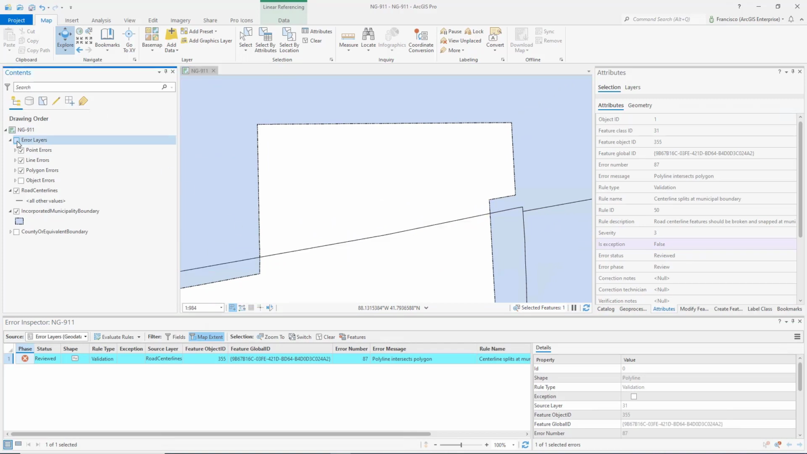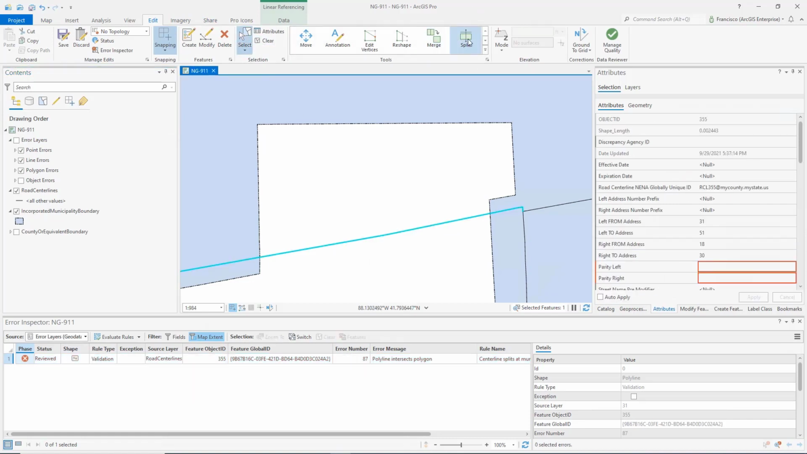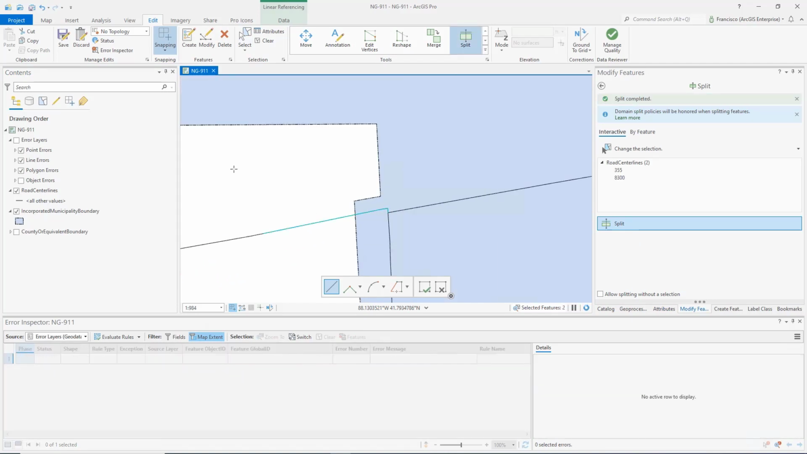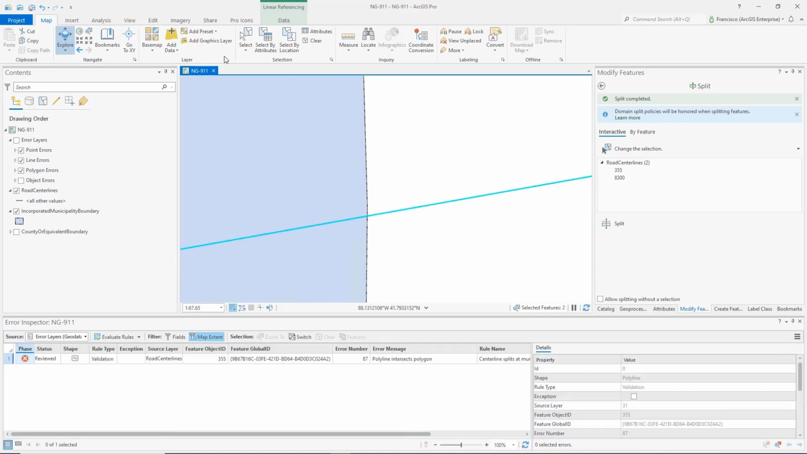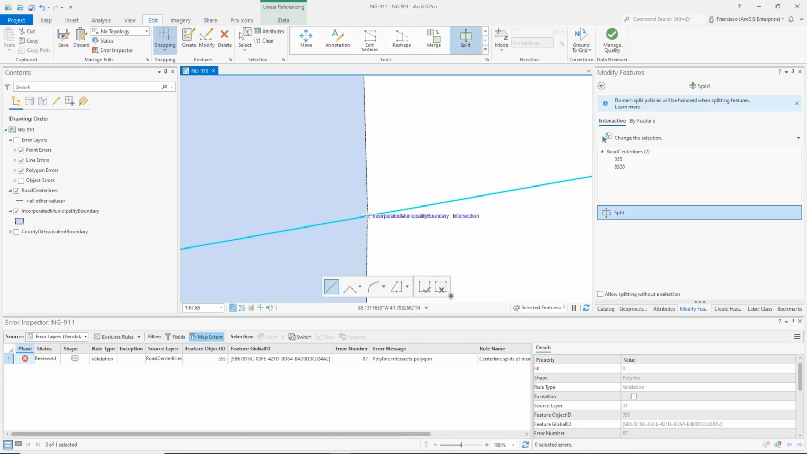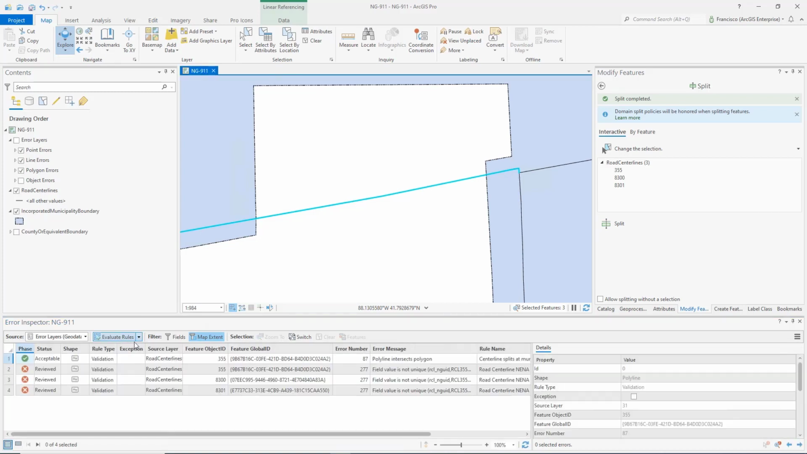I'm going to be turning off my error layers. And in this case, I'm just going to be using the split capability to split this center line in two different areas where it crosses the boundary of the municipal boundary feature. Now apply a second split. I'm going to zoom out. And now I'm going to reevaluate this area. So as you can see, there was a fix, but that fix cascades down to other issues